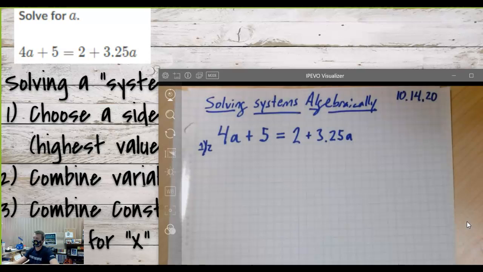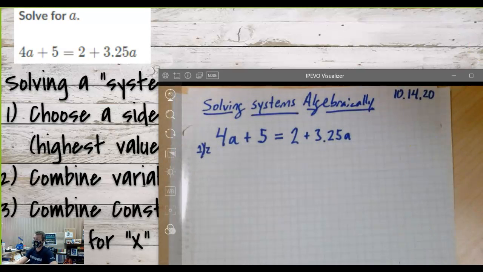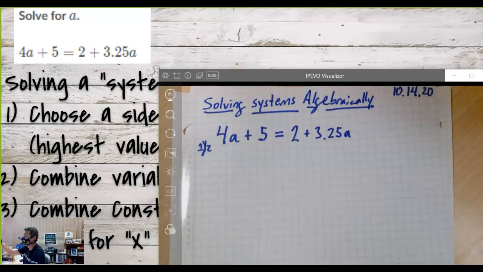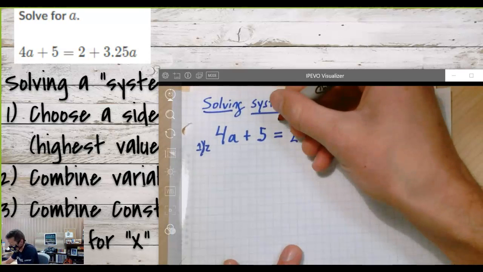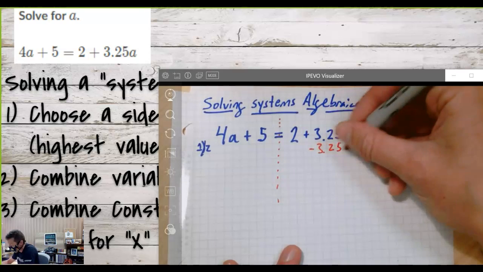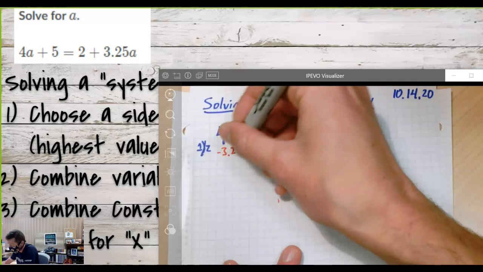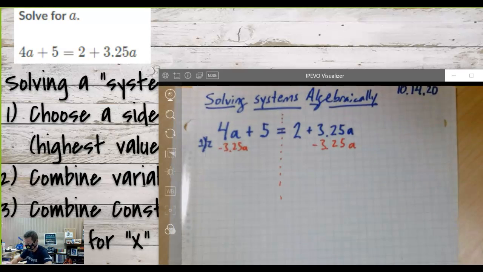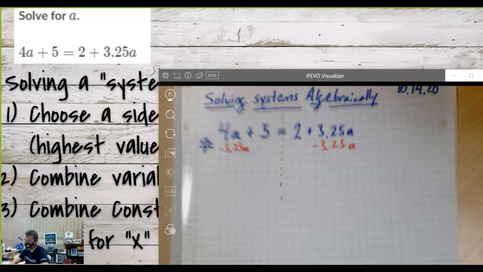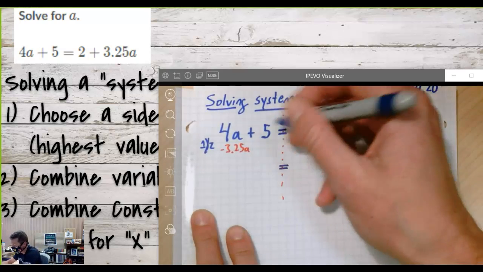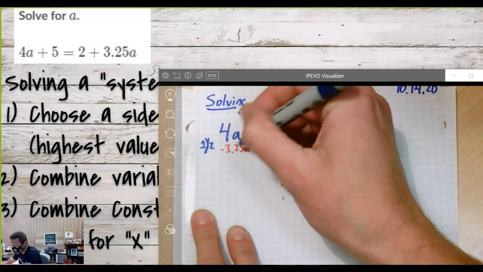What do I do to group the variables on the left side? Colin? Yeah, we subtract 3.25a from where? Both sides. So if you want, you can draw this dotted line down the middle to remind you of both sides. We can always keep extending it. You'll notice I write my in-between steps in a different color, and then I write the equation in blue, or at least the same color that I've been working in. So this subtraction,